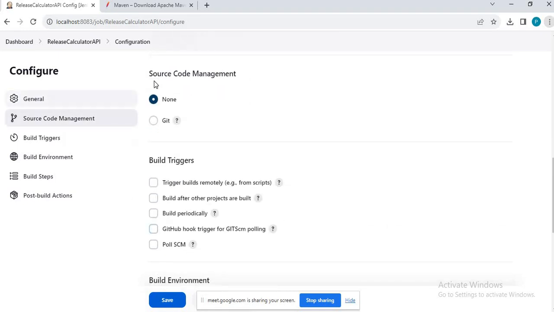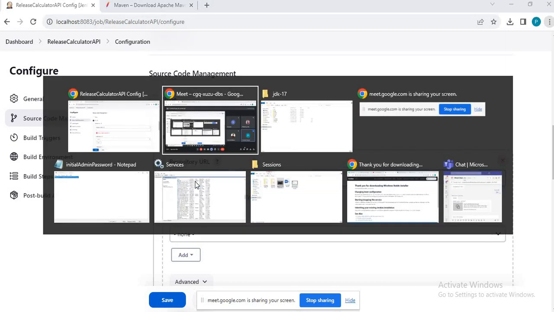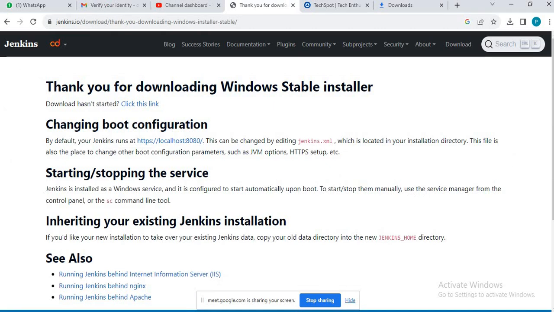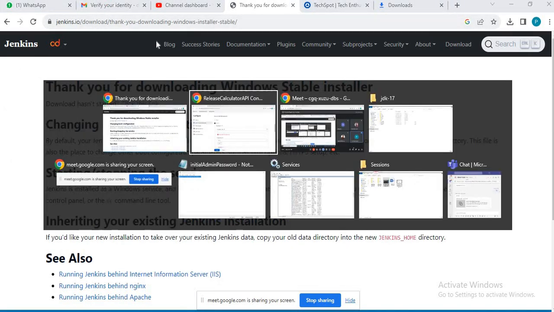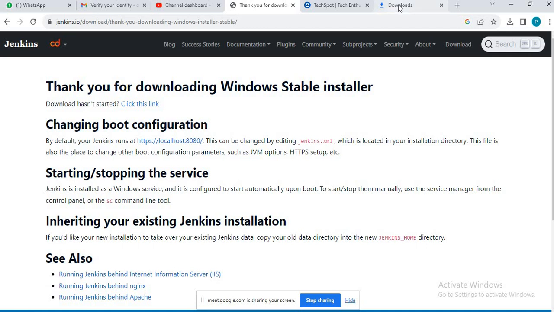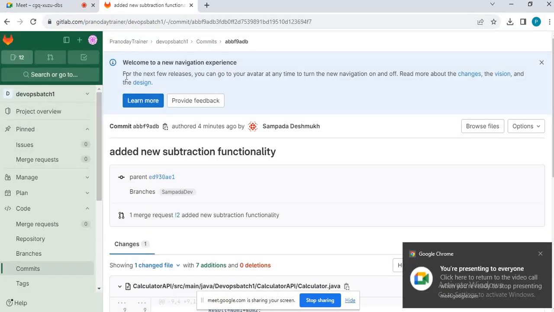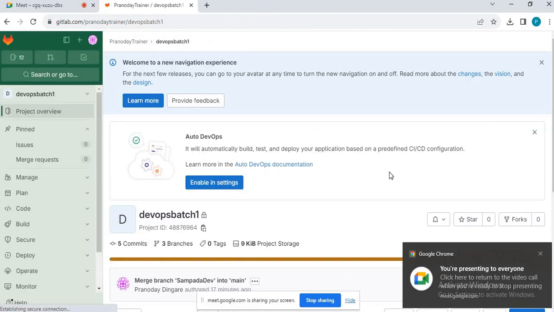Now let's go to this section, source code management, and we want to configure our Git repository here. Okay, so let's click here. Let's provide the URL of our Git repository. So now I will go to my Git repository, and let me go here and get the URL.